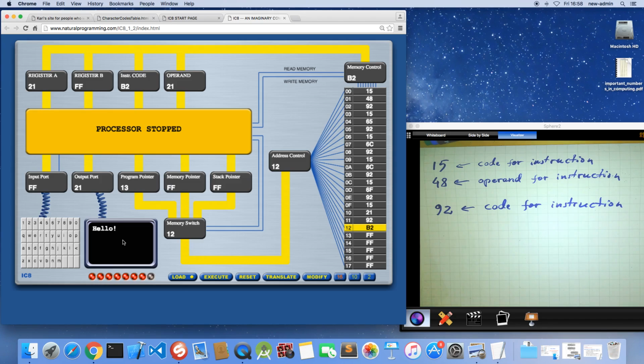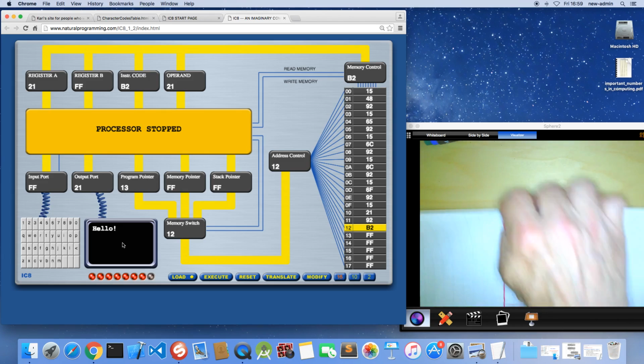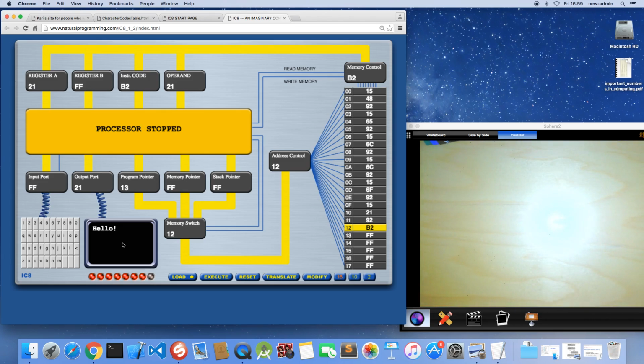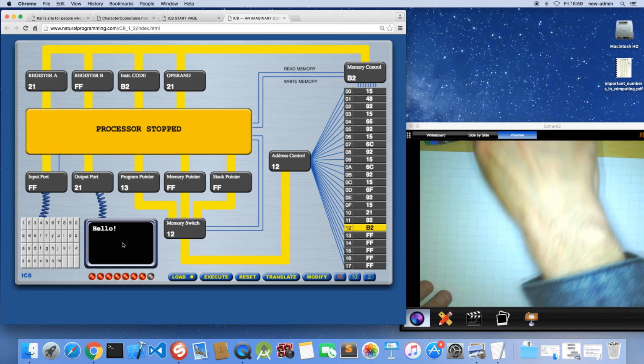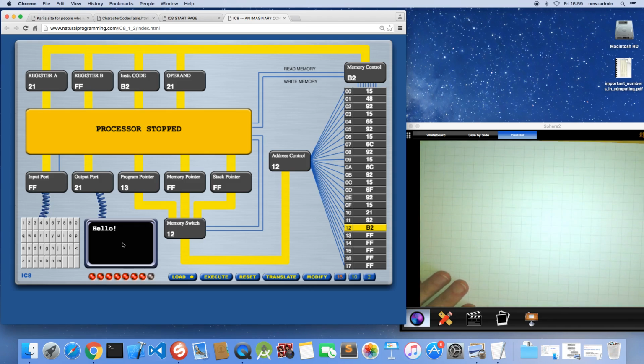So this was the first program for the imaginary computer for you to see. And what is important here is that I can actually write this program down. So the program is actually this. So there was the first code